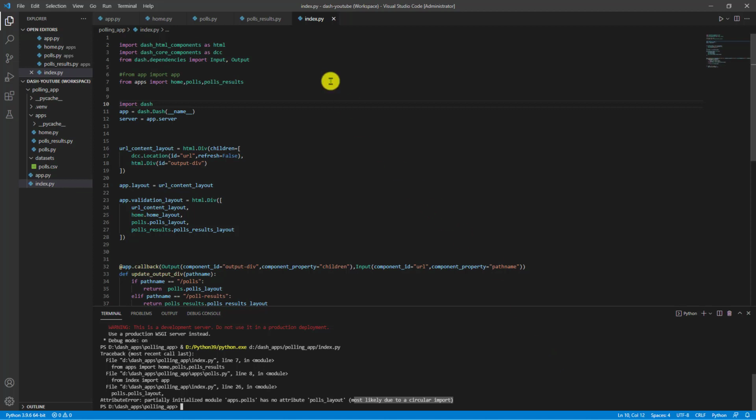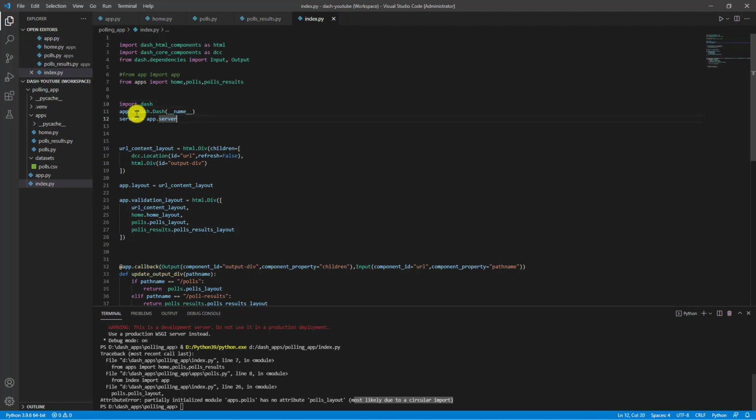Okay, so that means the dependent files where we need the app, if we define it in the index.py, then when the initial load for index.py happens, it also requires the import of index.py itself, right? So that's the reason it becomes a circular import. That is the reason we keep app.py and index.py separated. When we talk about the other structuring option we have, there also it will be the same way.